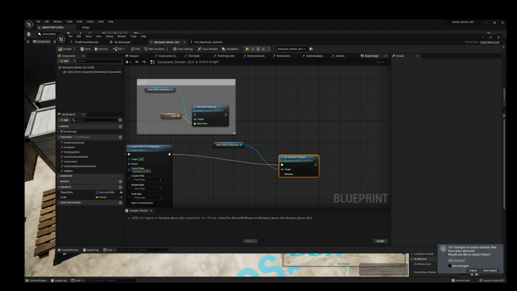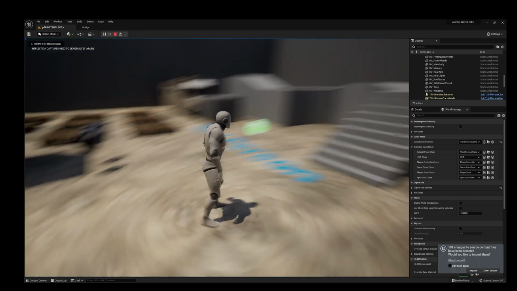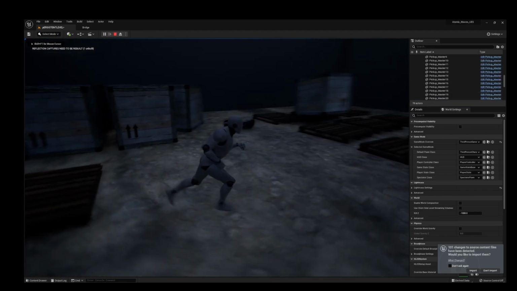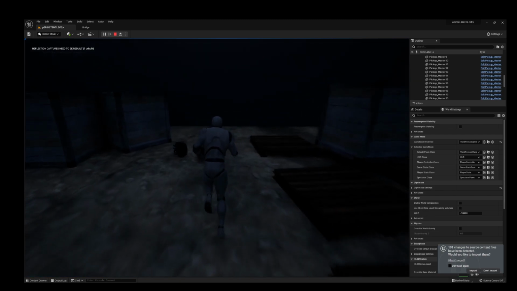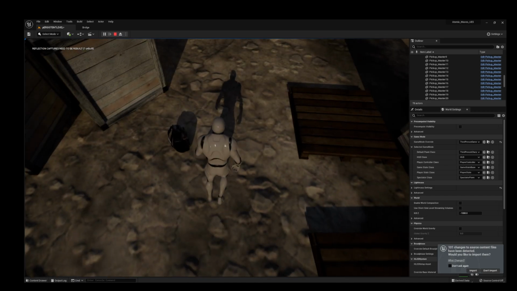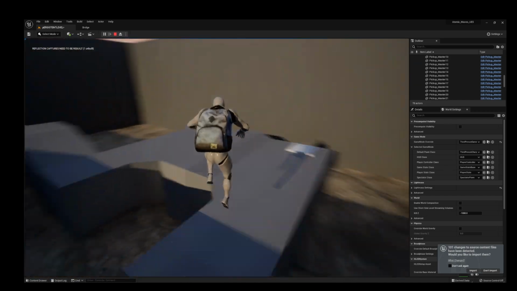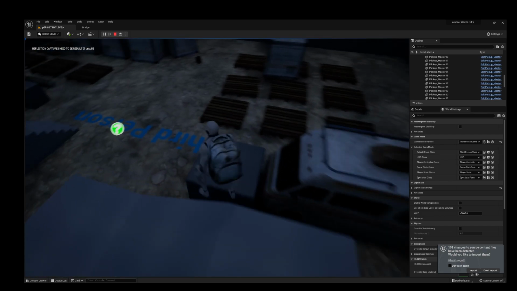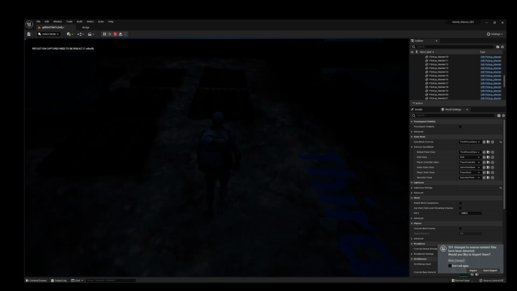All right, so now let's give it a test. Let's go ahead and hit play. Whoa, our backpack kind of went crazy there because there's a lot of physics going on, but we can now pick up our backpack like so. We can jump around, and as you can see, I'm jumping around and the backpack's not falling off. Now let's collect some items like so.